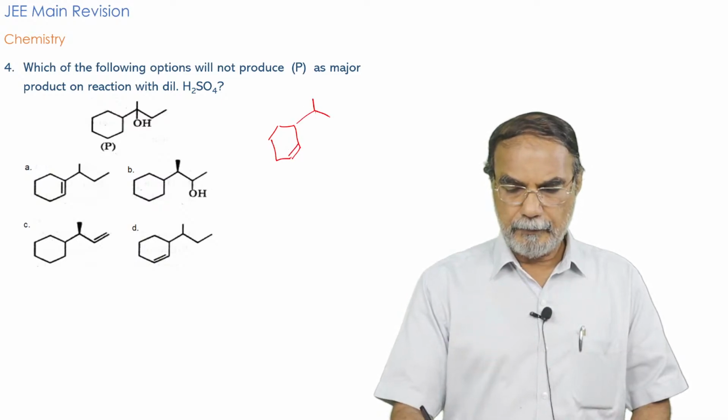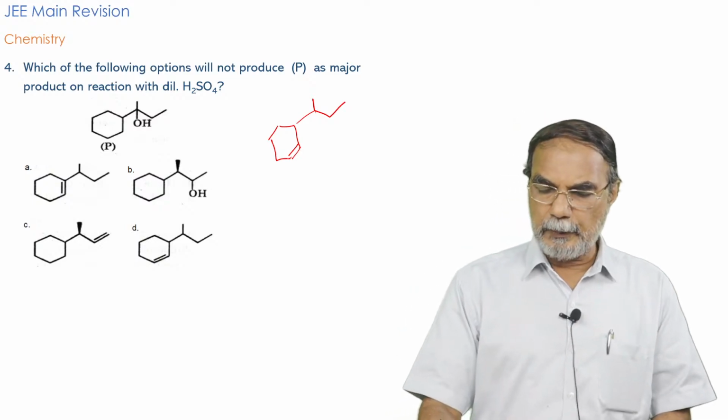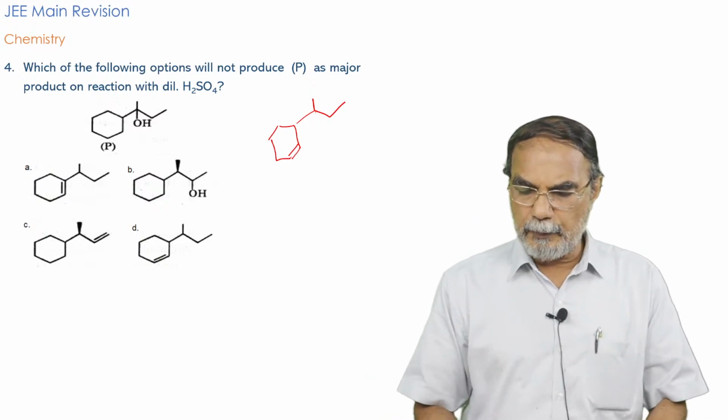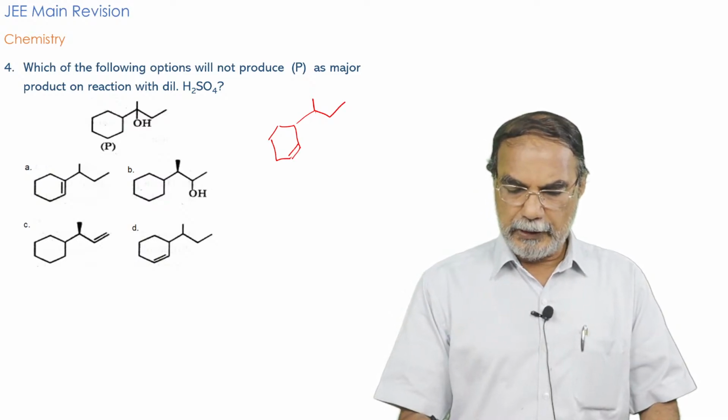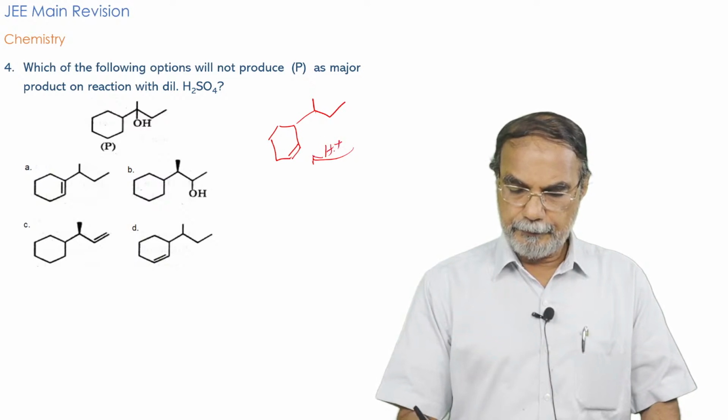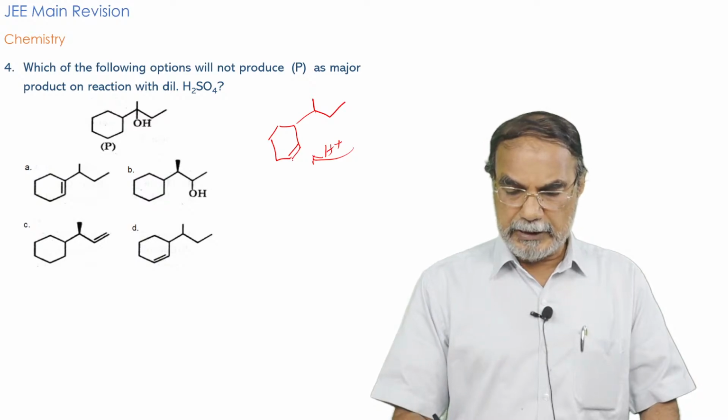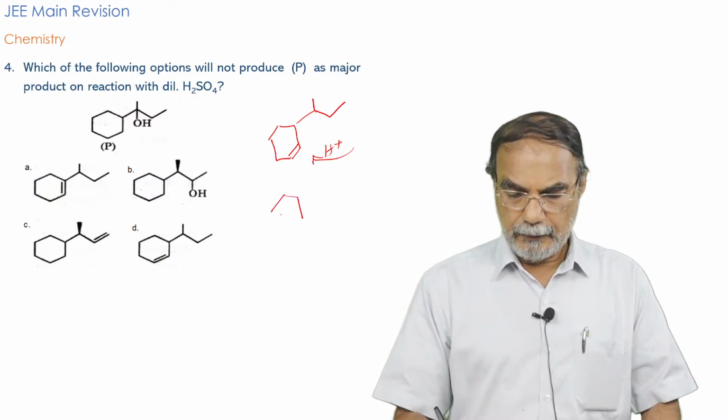Okay. So here is the double bond, which means the proton will be added at this double bond. The proton will be added at this double bond, and suppose the proton is added here. Actually, what you get is,